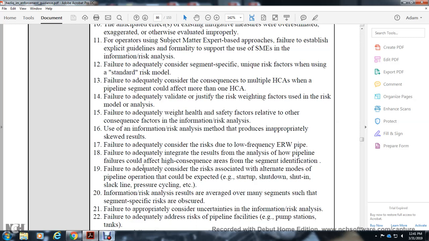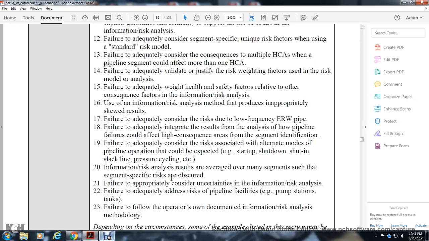19. Failure to adequately consider the risk associated with the alternate modes of pipeline operation that could include start-up, shutdown, shut-in, slack line, pressure cycling, etc. 20. Information risk analysis results of the edge or other many segments, such as the segment specific risk, are obscured. 21. Failure to appropriately consider the uncertainty within the information risk analysis. 22. Failure to adequately interpret the risk of the pipeline facility, pump stations, tanks. 23. Failure to follow the operator's own documented information risk analysis